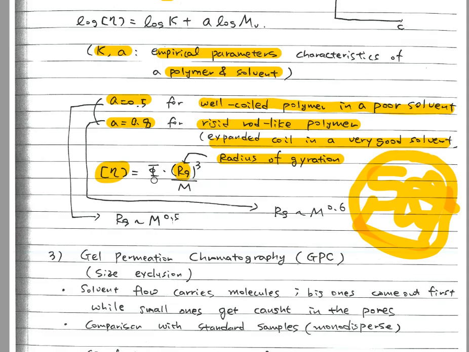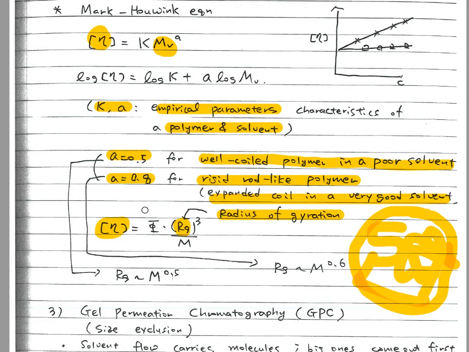So this eta value basically follows these relations with the radius of gyration. There is some constant phi times Rg cubed over molecular weight M. So from here, you have already seen that this eta is equal to some constant k times Mv to the a, right? So when a is 0.5, if you put 0.5 here, this eta is basically proportional to M to the 0.5,